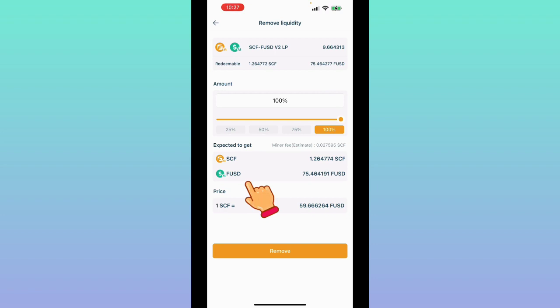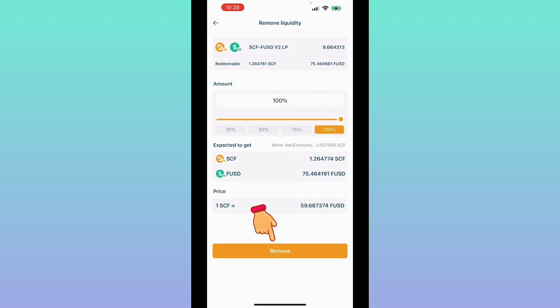So when you remove the liquidity, you are going to receive this pair of tokens in your wallet as well. And you can see that here it shows you the price of one SCF right now is equivalent to 59.66 FUSD. Okay, so if you decide, okay, this is what I want, I'm going to